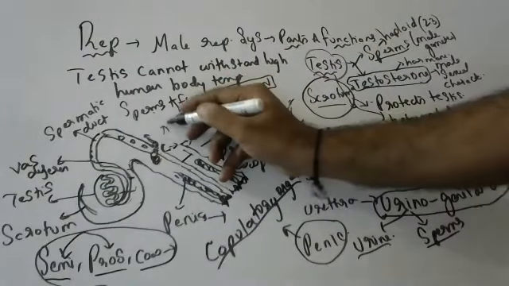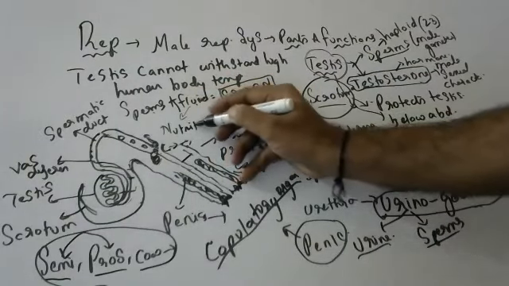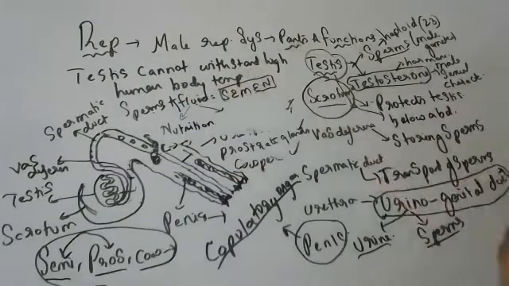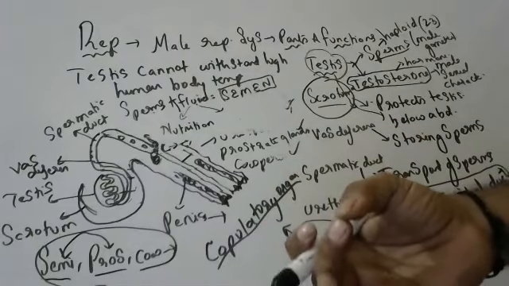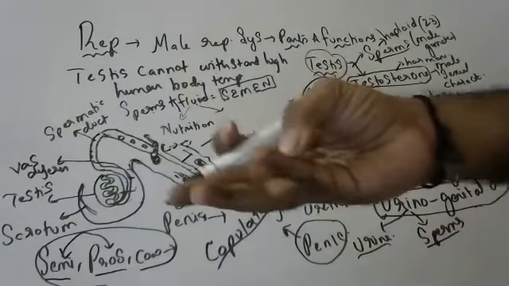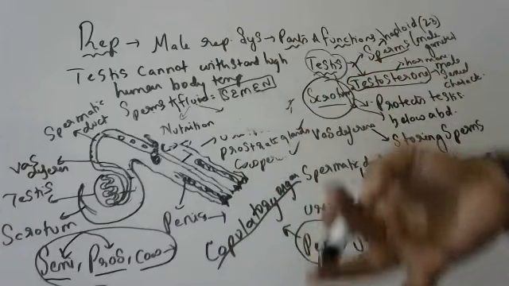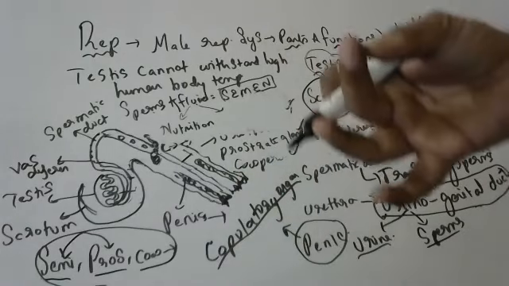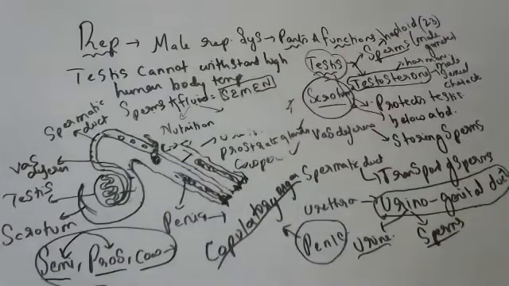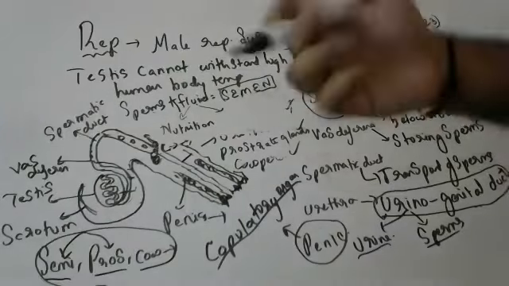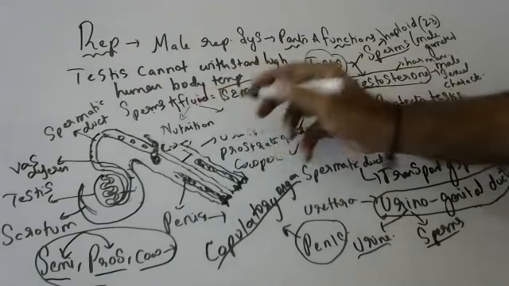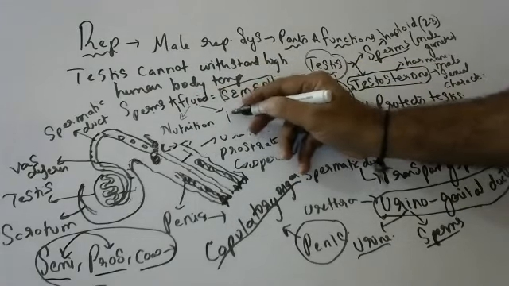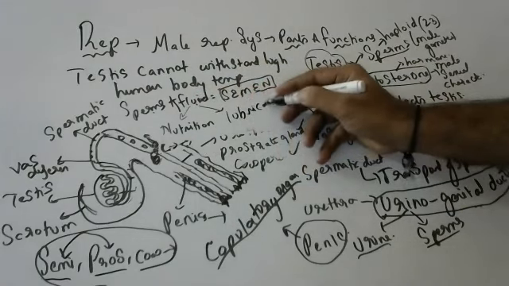are, one is nutrition. They will give nutrition to sperms, children, because after they enter the female's vagina, they have to swim all along the vagina, cervix, uterus, and they have to reach the fallopian tube to reach the ova for fertilization. So to swim, they need energy. For that energy, they give nutrition fluid and also help by giving lubrication. Means for easy swimming,